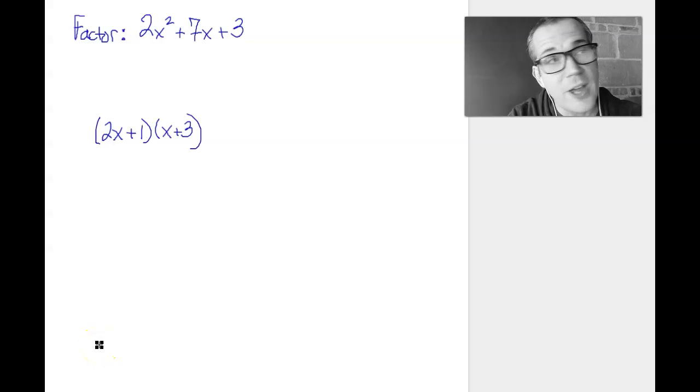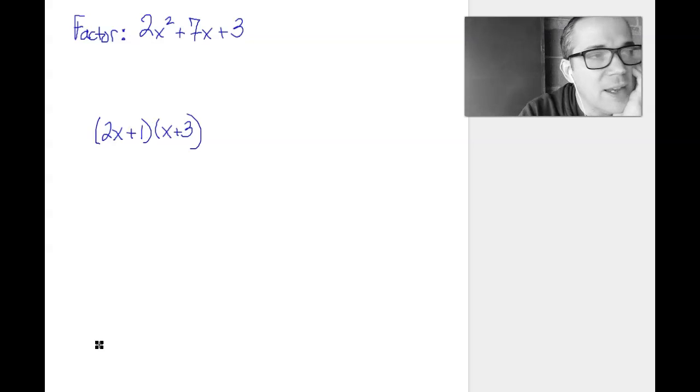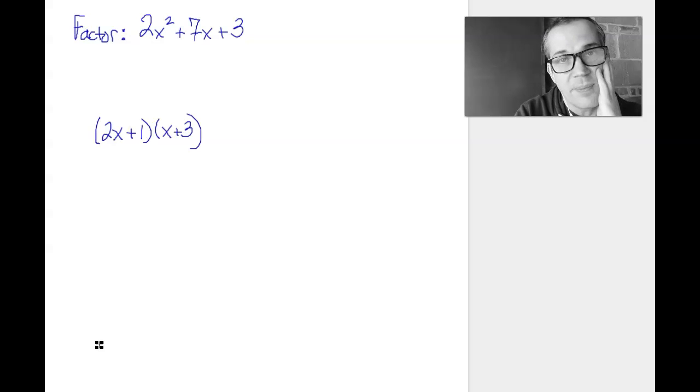We spent all this time trying to figure out how to take this thing and break it down into a factored form, which is a bunch of parentheses. And now we're going to do the check. So this is the part where I get to remind you of how to, like, FOIL, I hate that phrase, but I'm going to use it, FOIL something out and show you that this expression that's broken up as two separate parentheses that are multiplied together do in fact equal the thing we started